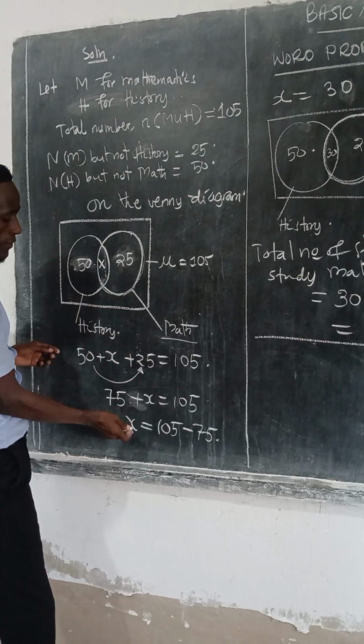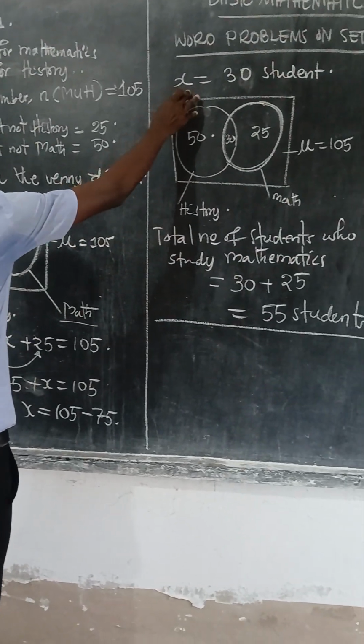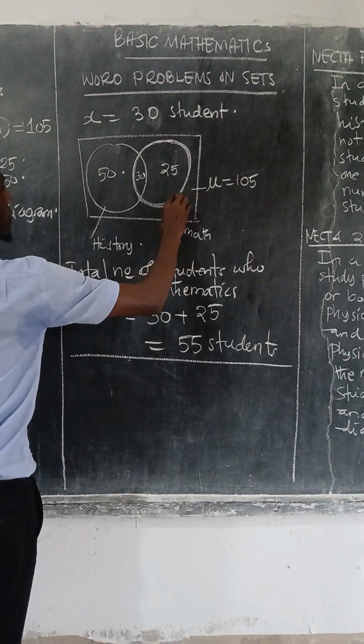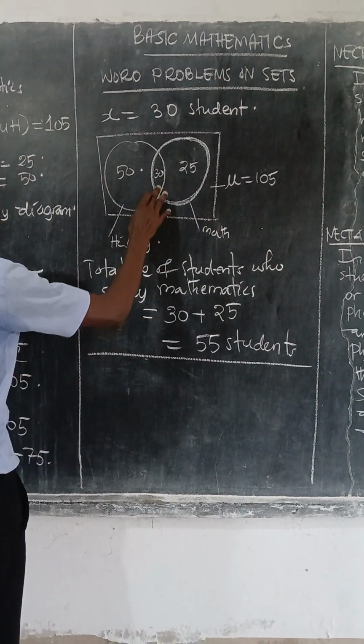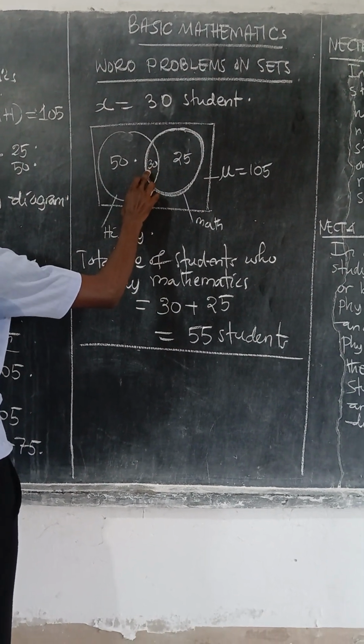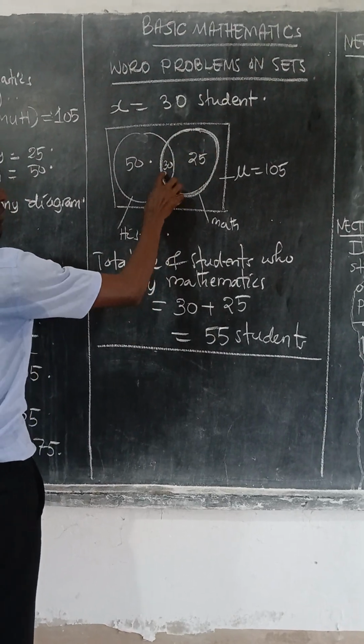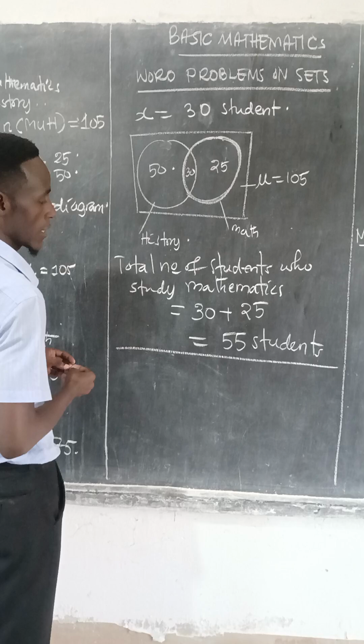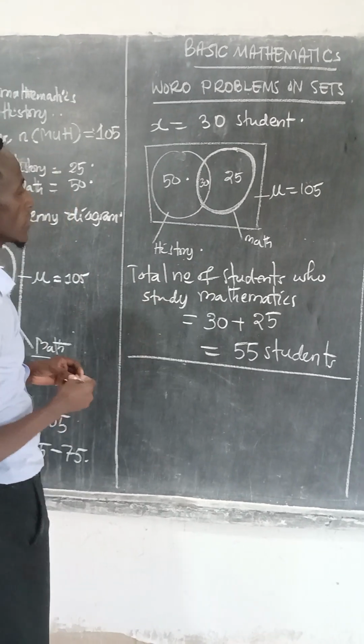The value of x is 30 students, so you just add 30 plus 25 to get the total number of students in this scenario. Also, let us now move